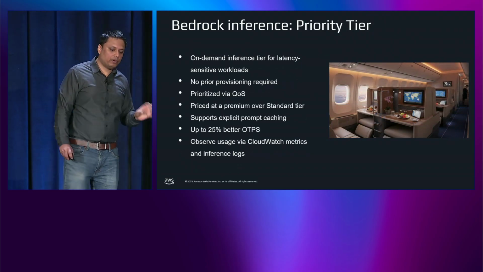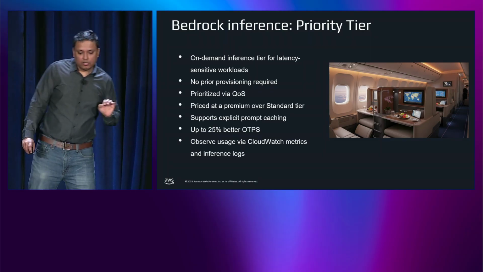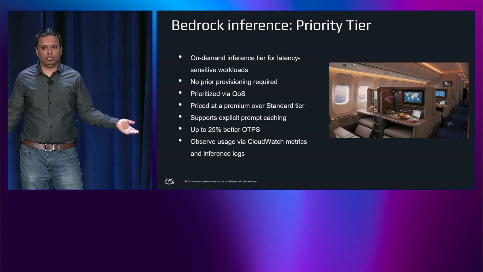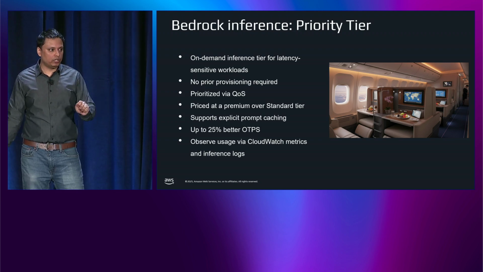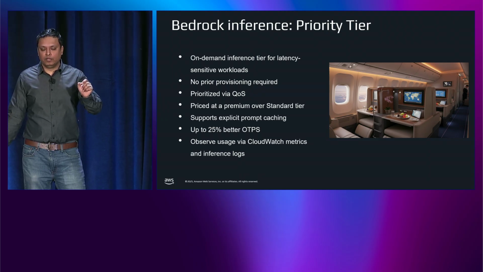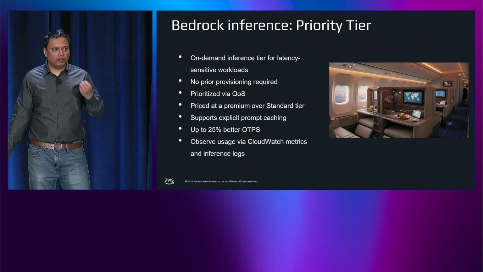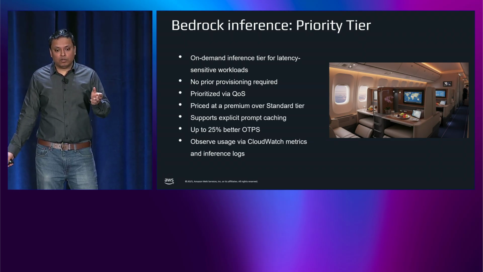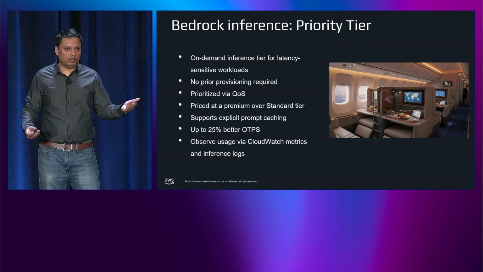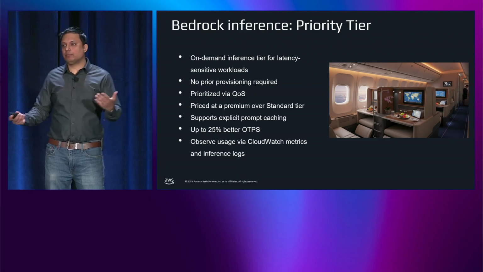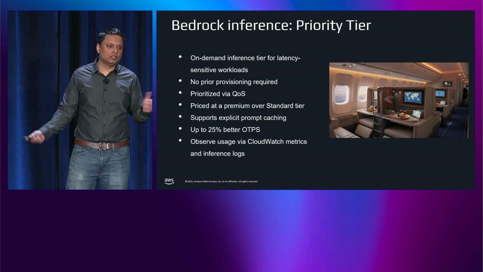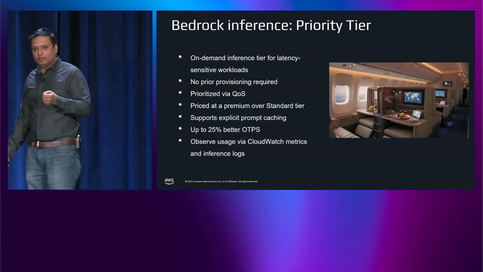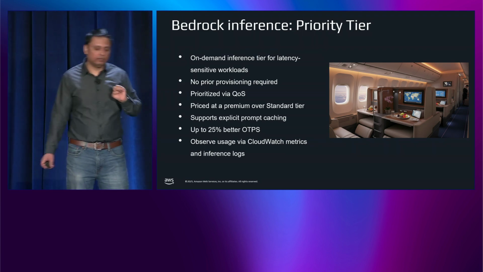All right, so now let's talk about priority tier. This is once again pay-as-you-go, so you're not reserving anything, you're not paying for anything 24/7. You only pay for it when you use it. But there is a price premium. The idea here is the standard tier is for workloads that can tolerate a little bit of retries, but there are workloads where you don't want to waste time retrying and you cannot tolerate throttling. One example is we have these new generation banks where it's all online, and in their apps, as you deposit checks, they have Sonnet in their workflow for verification.